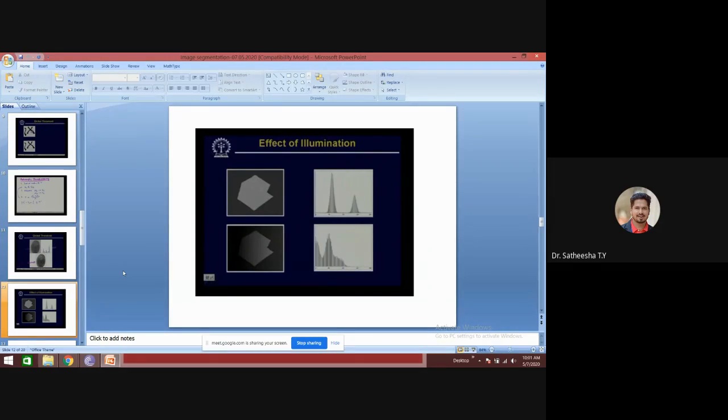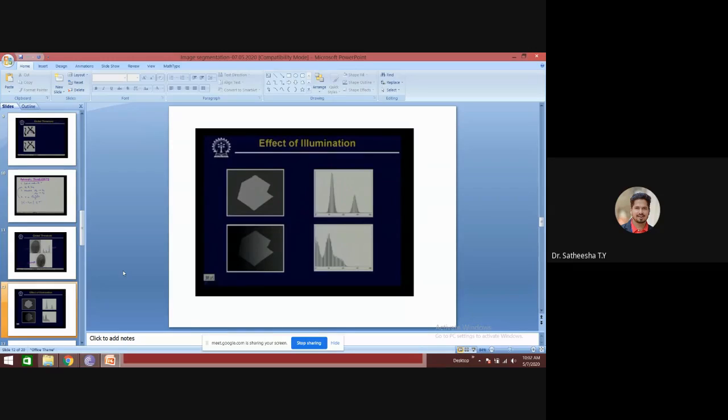Obviously for such a histogram, I can always choose a threshold inside the valley and segment the image successfully. But with non-uniform illumination, this simple histogram operation or global thresholding operation is likely to fail in this particular case.